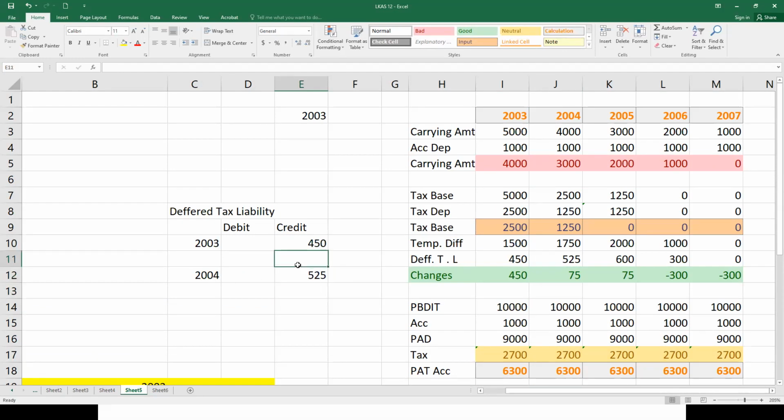Then how much do we have to provide? How much do we have to additionally charge in the liability? The difference between this value and this value. 525 minus 450 is equal to 75, right? This value will be transferred to where? To the deferred tax account, and it should be transferred to the PL account, right? Anybody having any unclear areas, please ask me.